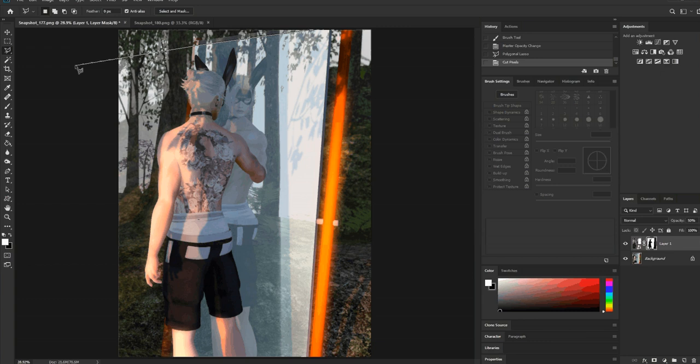Do the same here. And Control X to remove. And then the same here on this side. This one doesn't need to be too perfect because